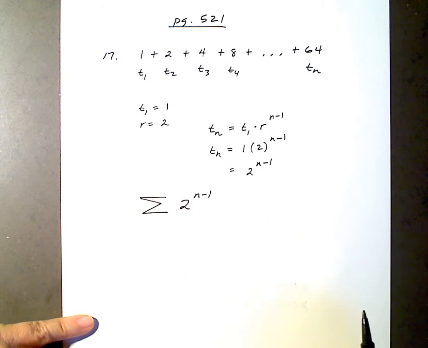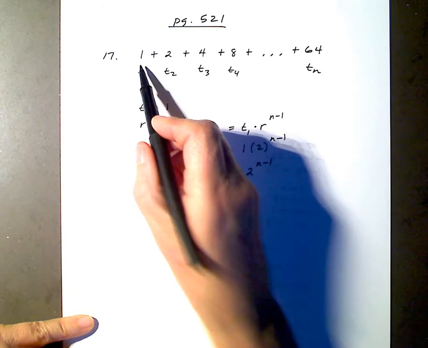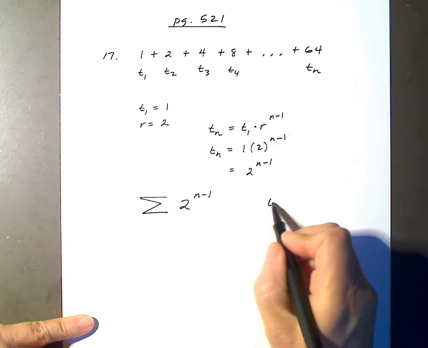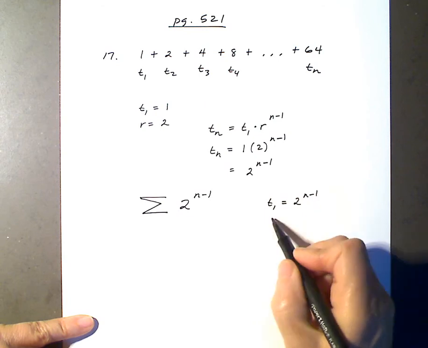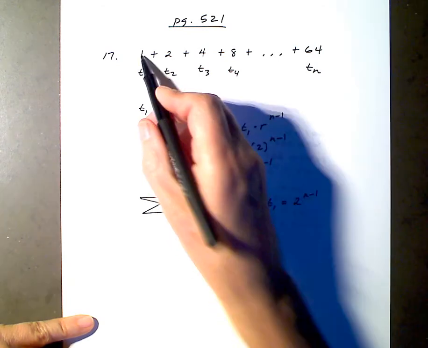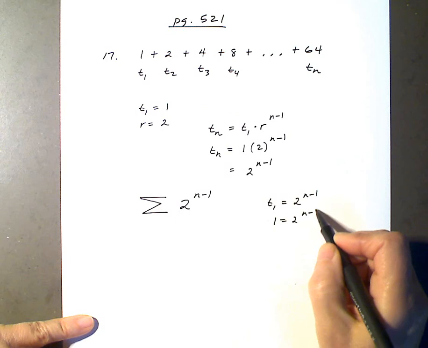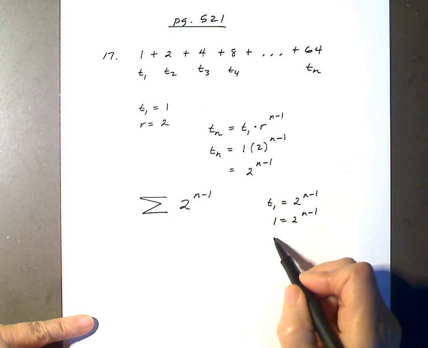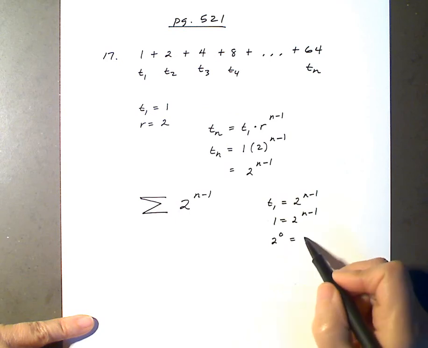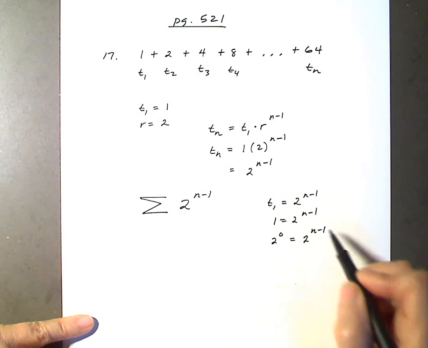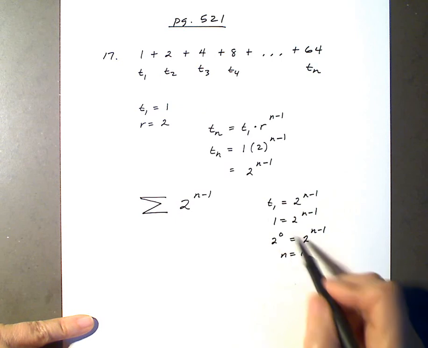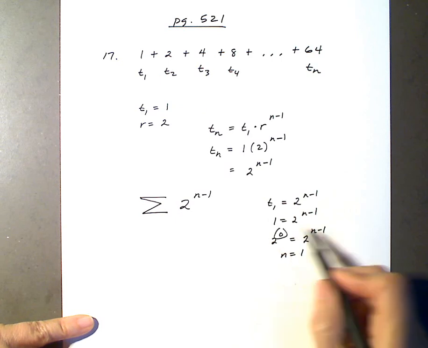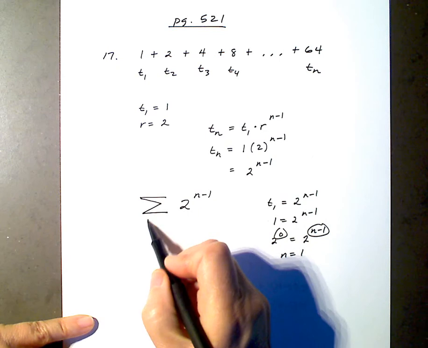And then because the first term, term 1, if I want to put that as 2 to the n minus 1, I say, okay, well, the first term is 1. So this is 2 to the 0, right? 1 is 2 to the 0 power. So n must be equal to 1 if I start here, because this 0 equals n minus 1. So I'll start counting at 1. And this